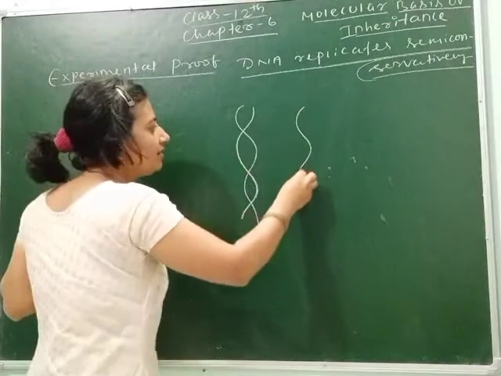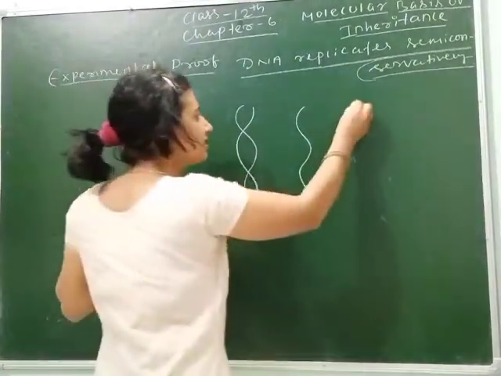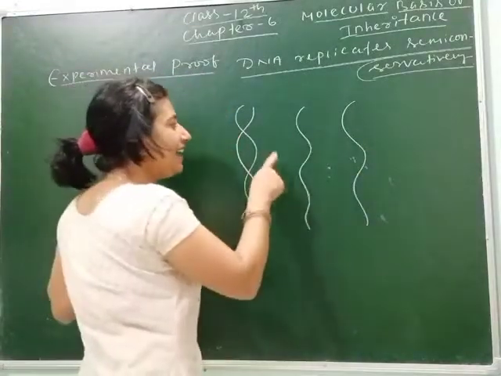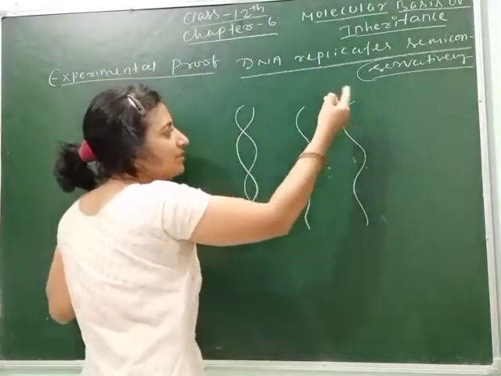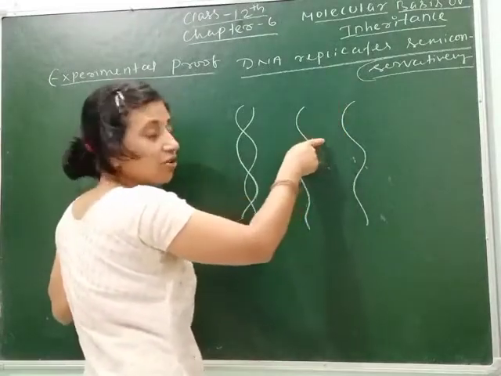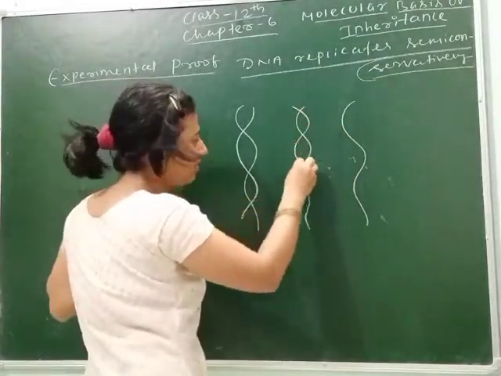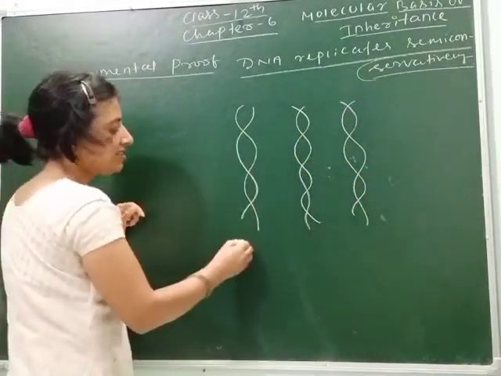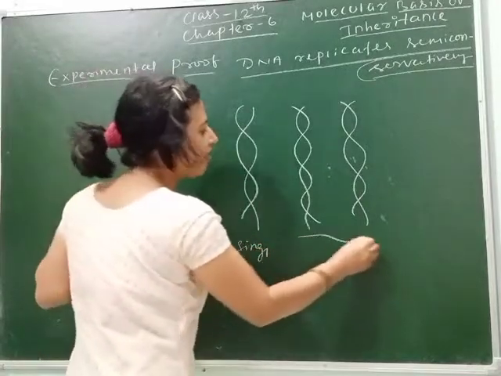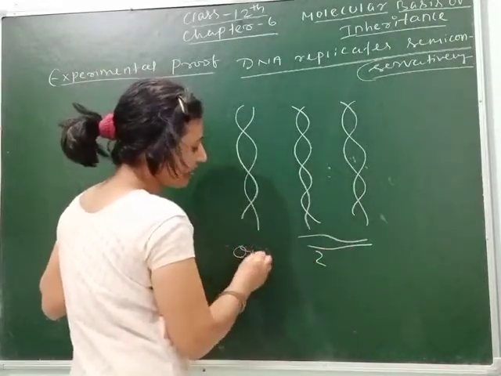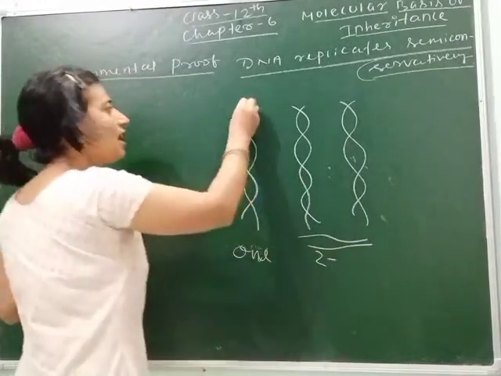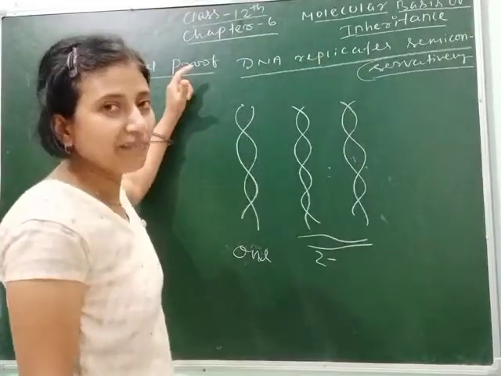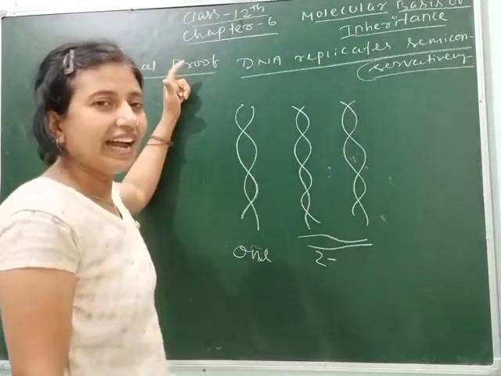then it will divide. One strand is like this and another strand is like this. Both these strands will not form their copy at a time, they will form copies like this. Means here the DNA is a single DNA, and here it forms two DNAs, or we can say here one and here two. So how did this happen? Let's understand through the experiment given by Meselson and Stahl.